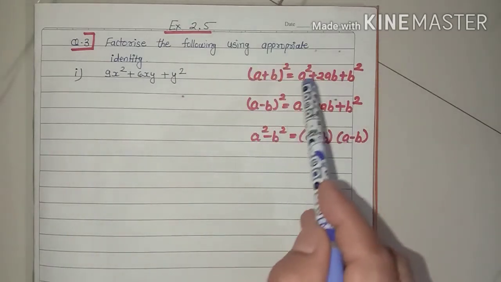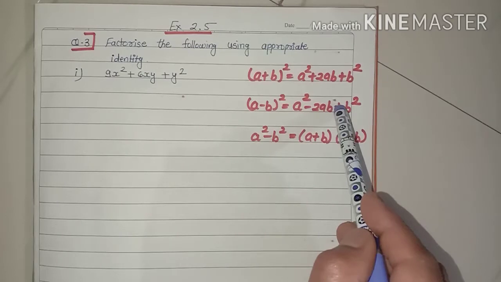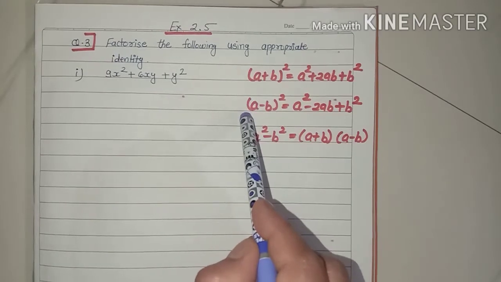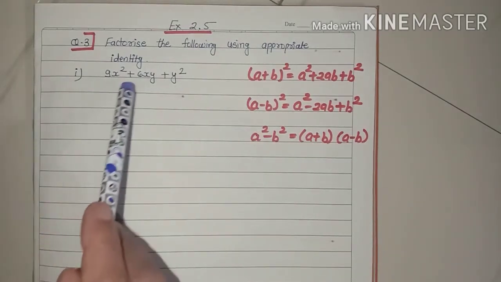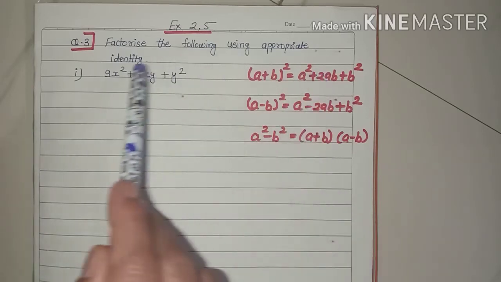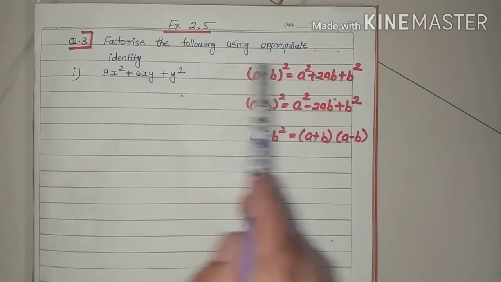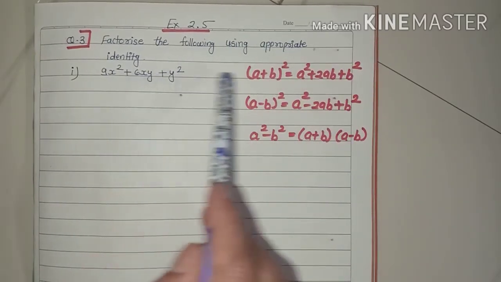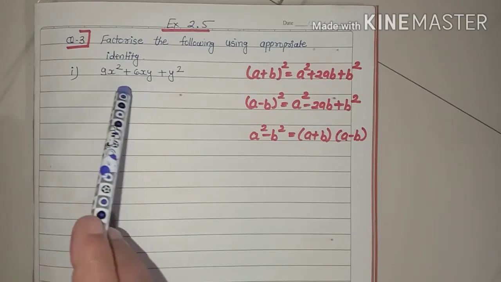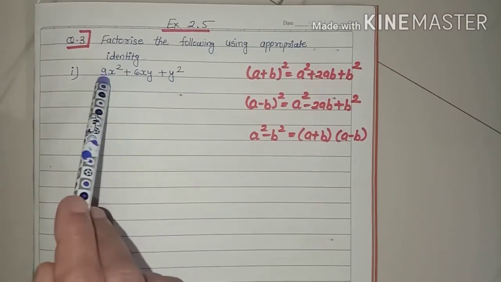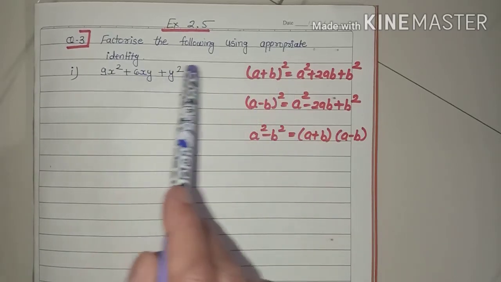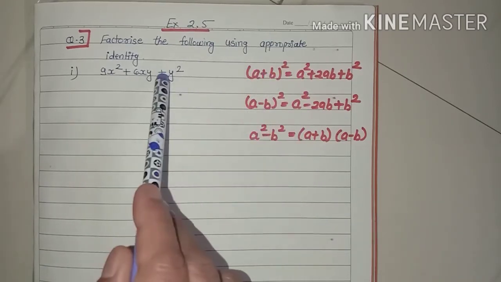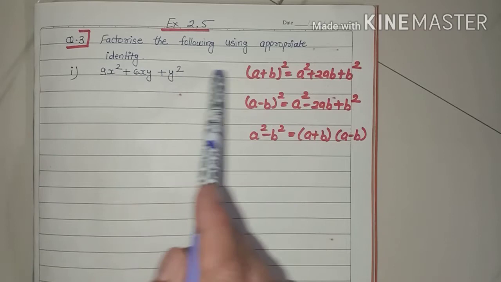Look at this identity, student. In the first and second, the right hand side is the expanded form of the left hand side, and the left hand side is in the form of factors. If you compare this question with this identity, you can easily see this is the expanded form. Now you have to convert this into factors form. Obviously, in this polynomial all the terms are positive. It means we can compare this with the first identity. We can apply this first identity to this question.